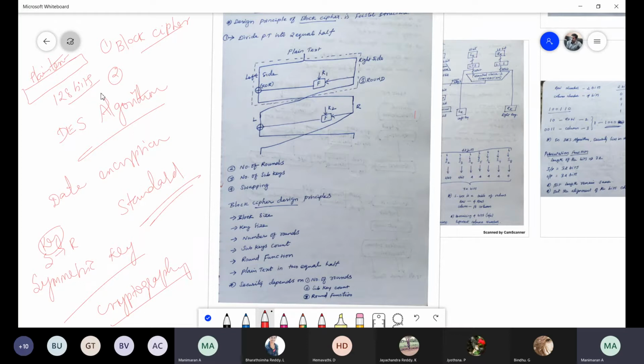I'm not going to take this entire 128-bit plain text and convert it into ciphertext in one go. Here we are using block ciphering, which means it will take block by block.